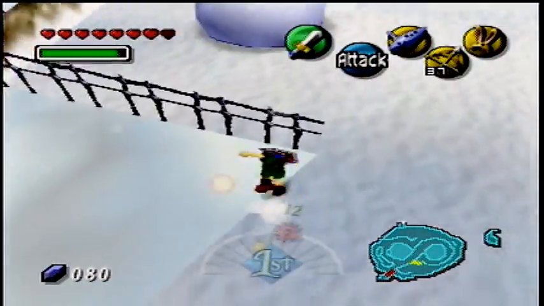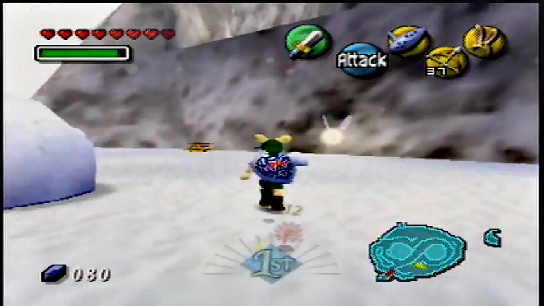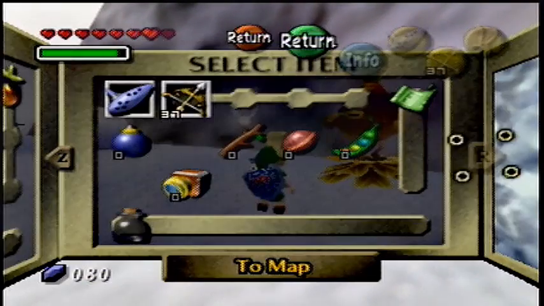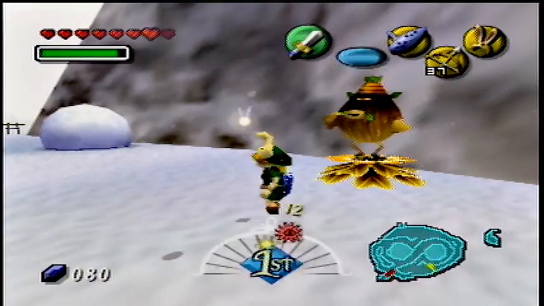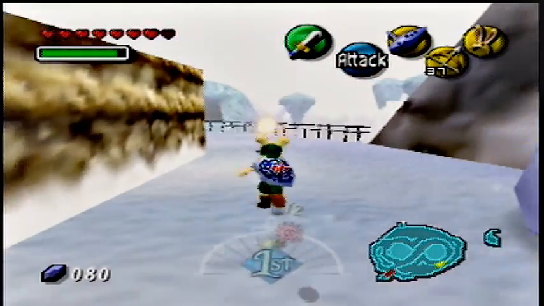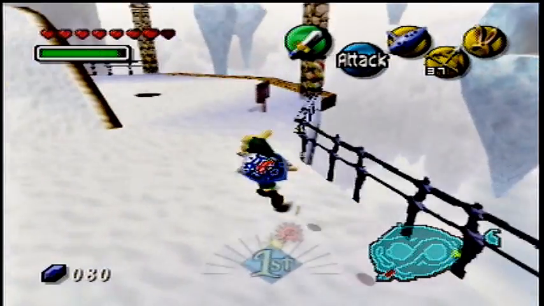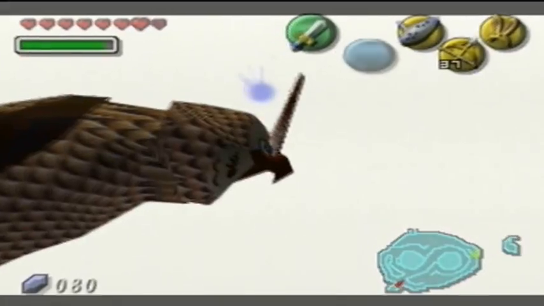Okay, so, oh, ouch. That's nice. Right here, there's that Deku Scrub. You can actually give him the Swamp Title Deed and all that if you want. I'm not going to take care of that quite yet, because there's some other things to do. Because there's actually a couple of other things that we...